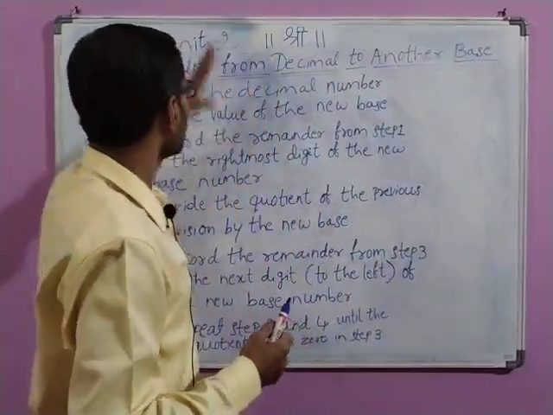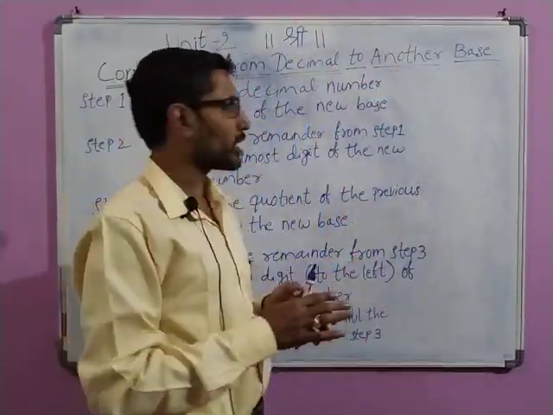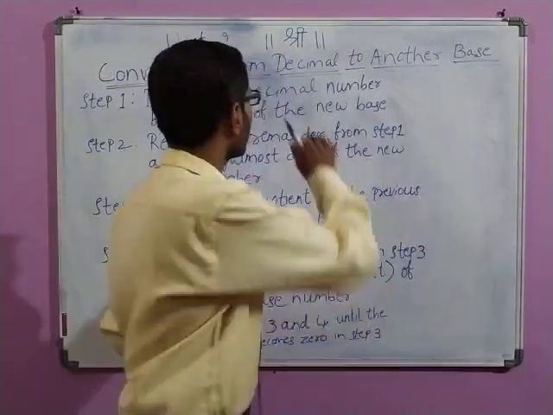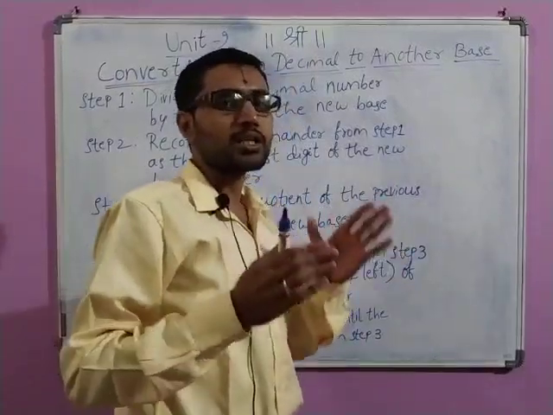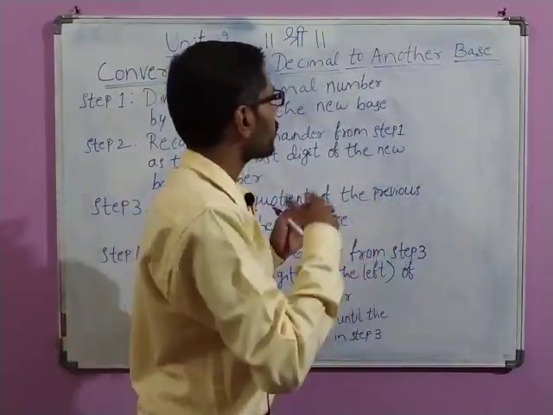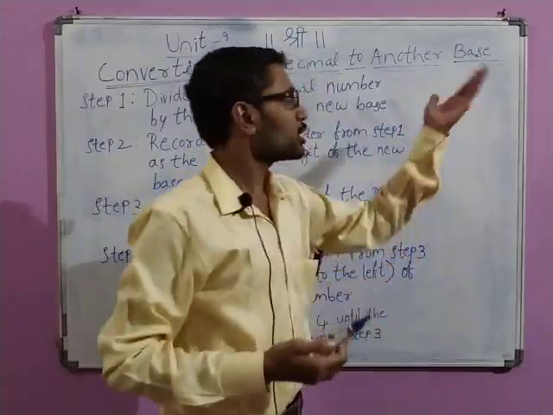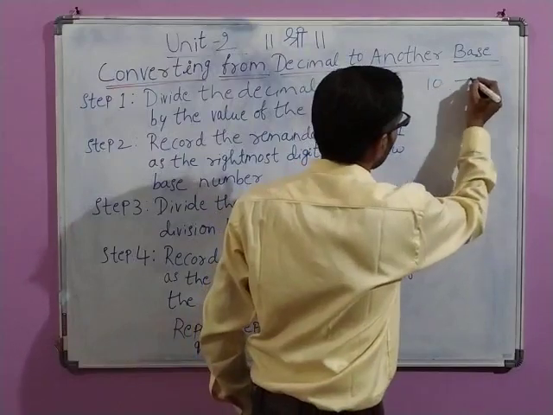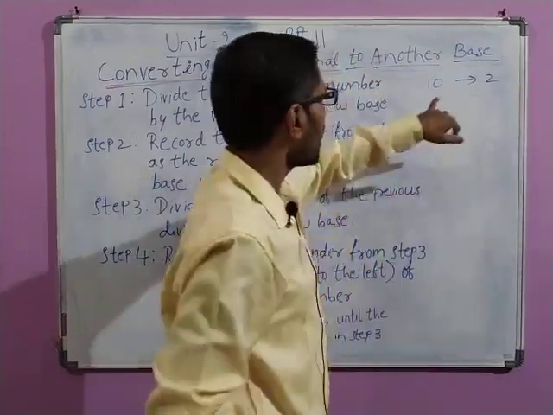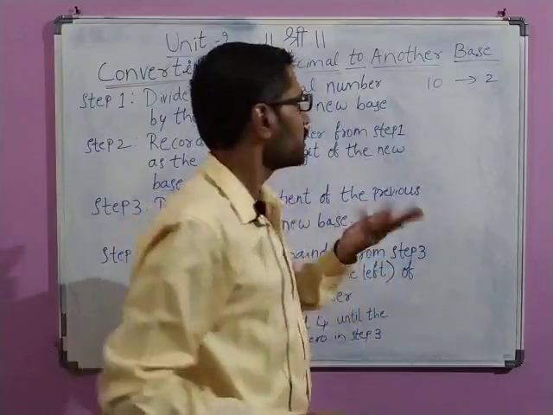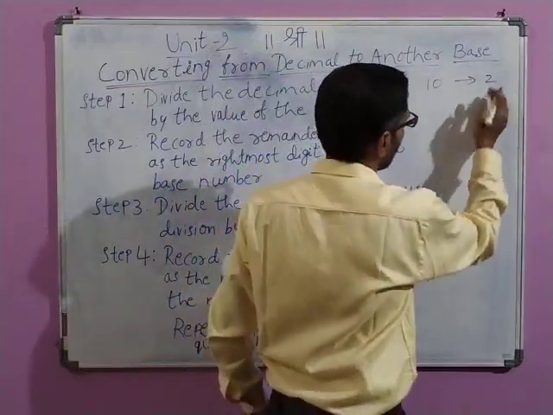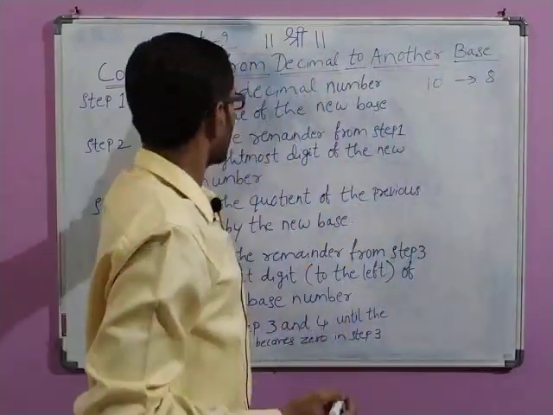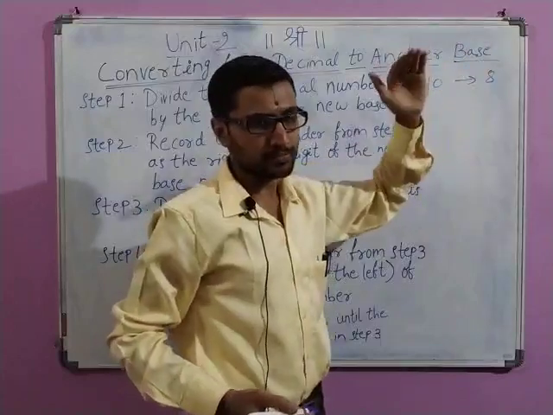So now this is the reverse procedure, you can say, where we are going to convert a number from decimal to another base. Whenever we have decimal, that means we will be having symbols from 0 to 9, and from that we are going to convert into the respective base. For example, I want to convert from base 10 to base 2. This is nothing but converting from decimal to binary. Similarly, if I want to convert from 10 to 8, this is decimal to octal. So from decimal base to another base.